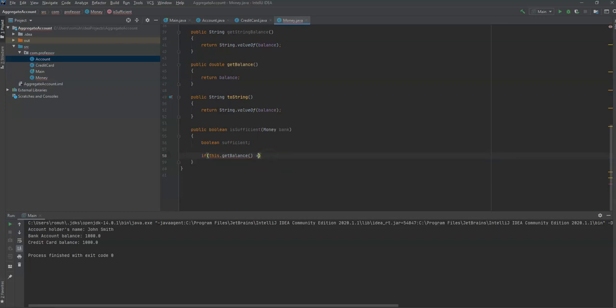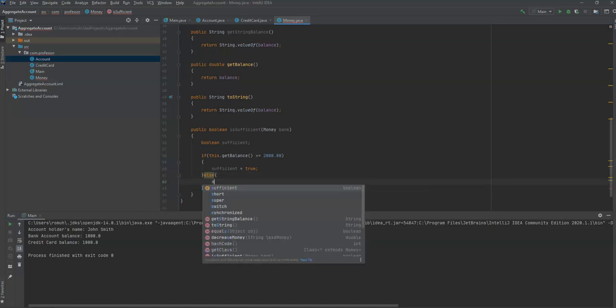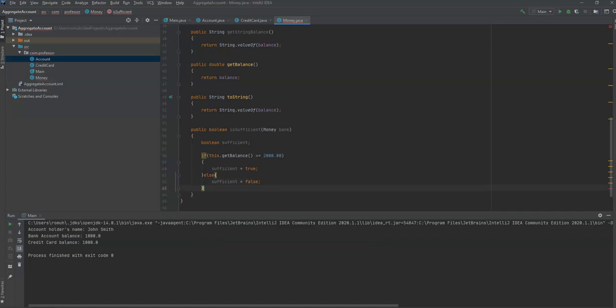and we'll say getBalance here is greater than or equal to 2,000. Then we'll set sufficient to true. Else, we'll say sufficient is equal to false, and then we'll return sufficient. So what we did here is, instead of using the variable bank or the object bank, we just refer to